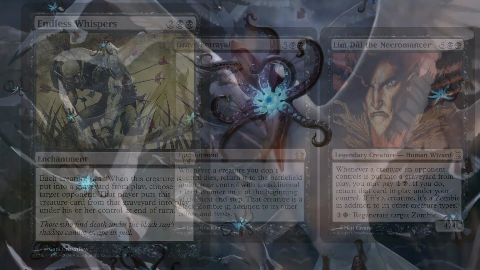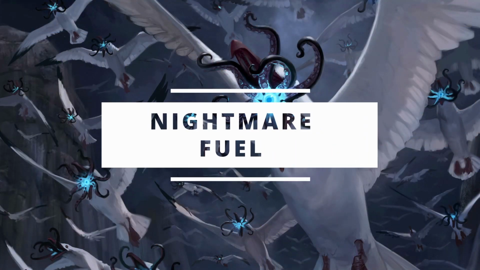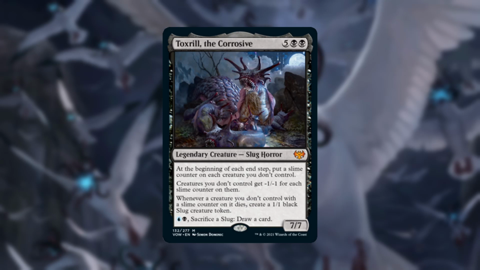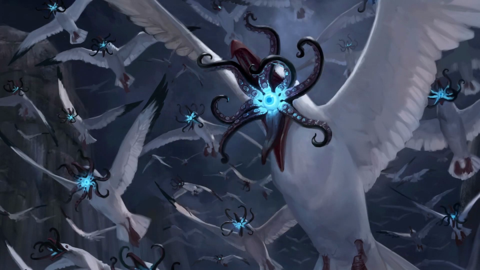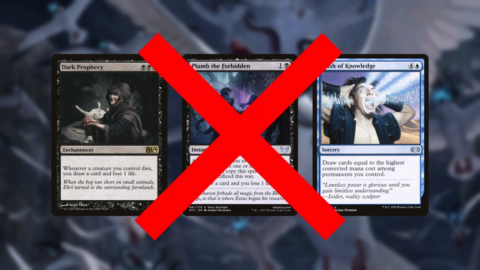It may seem like we can skimp on card draw for this deck, what with our commander being a card draw engine itself, but that logic is a trap, and that's because our commander costs 7 mana. As I mentioned, it's a mid to late game commander, so we can't rely on it for card draw. We also shouldn't put too many spells in that only draw in synergy with Toxrill. Because of this, we're missing notable card draw spells like Dark Prophecy, Plumb the Forbidden, and even Rush of Knowledge,